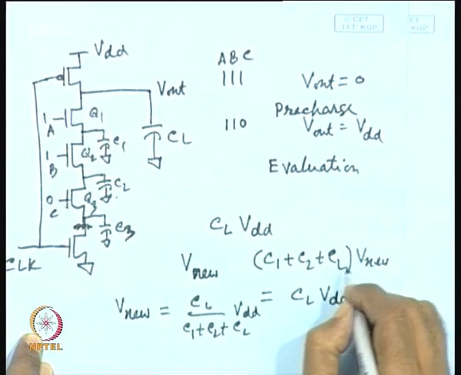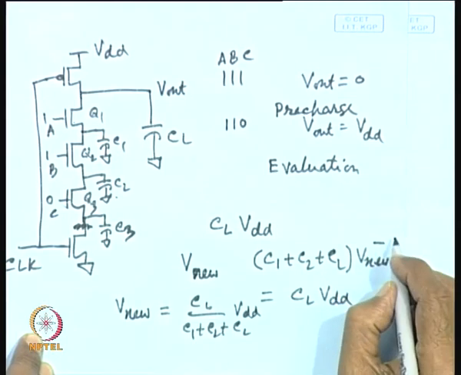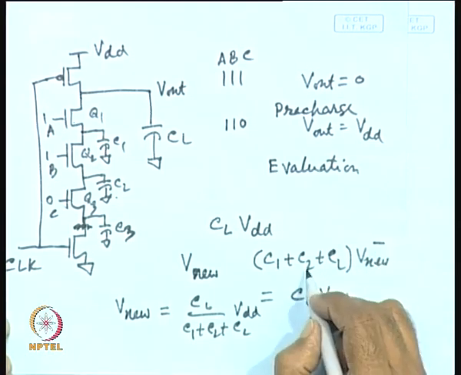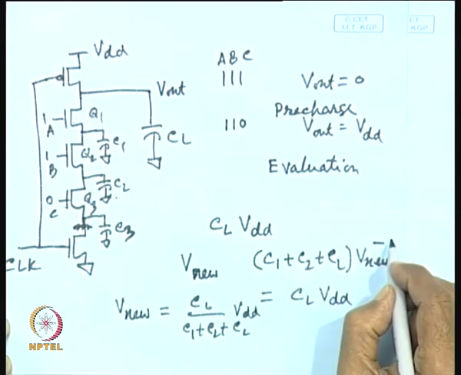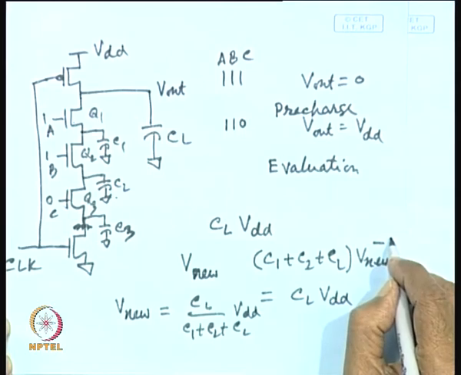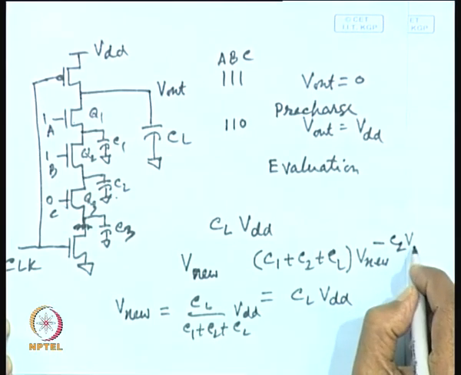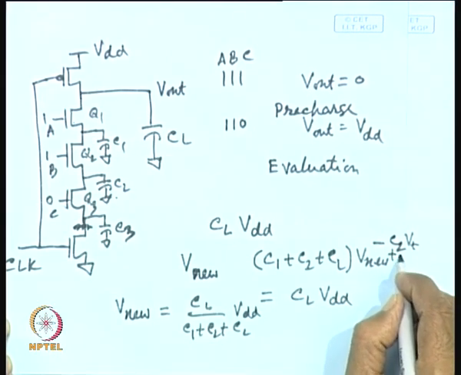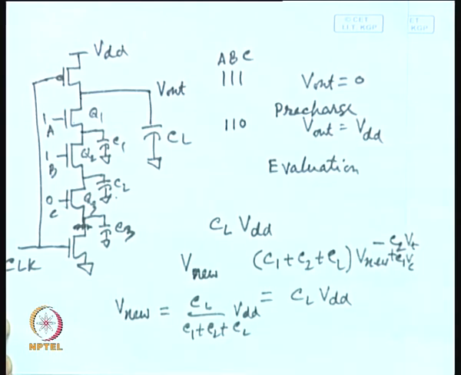That means you will actually have C2 into V new minus C2 VT plus C1 VT; these factors will be there. You can take this into consideration while computing, but the main point is that the output will not be equal to VDD, but less than VDD. It will reduce, because this total capacitance is more than CL, and as a consequence